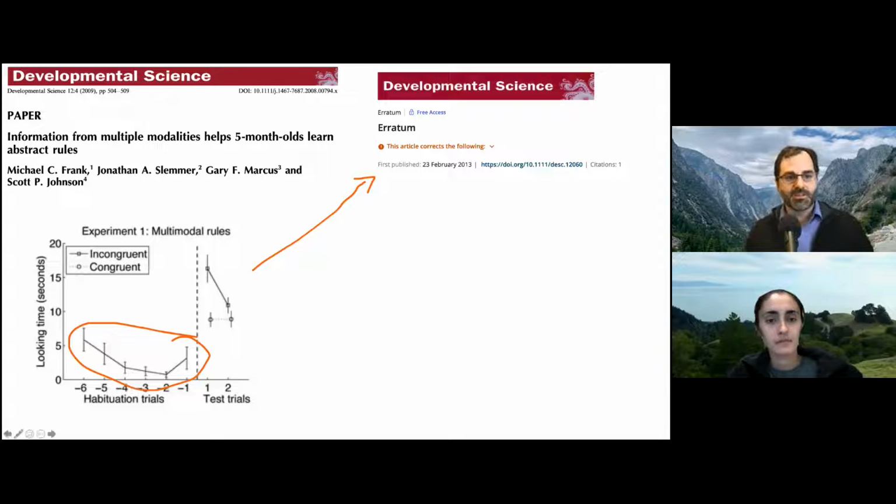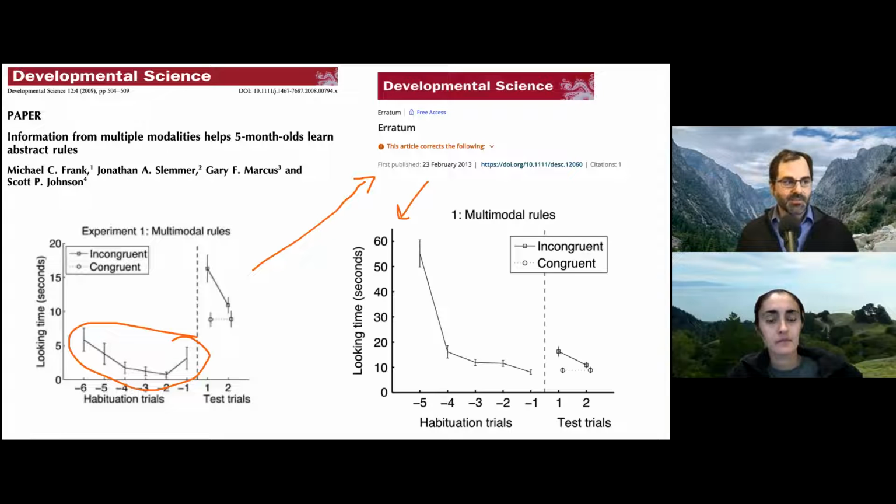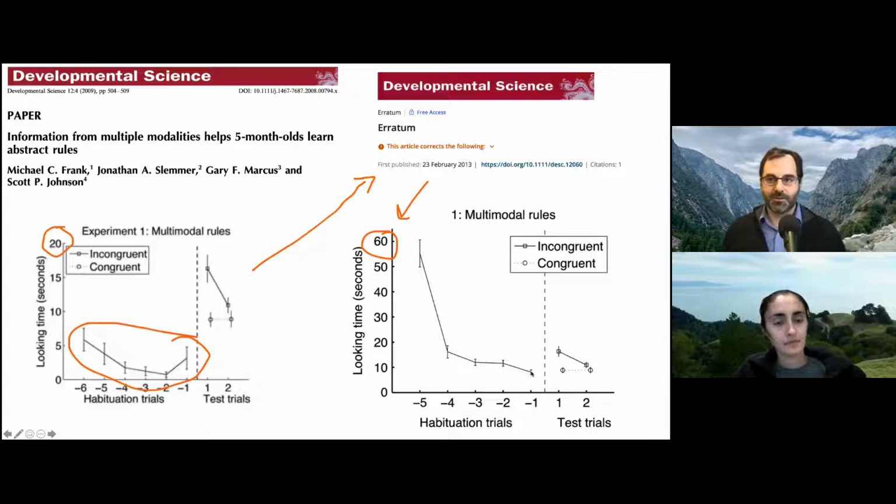Luckily, it applied only to the training trials and not to the test trials here. So the inferential conclusions that I reported were valid. Nevertheless, I had to correct the article in print. Here's the corrected figure, which you can see has habituation curves that look much more normal, going from about 60 seconds down to 15, eventually down to 5 or 10. And then dishabituation looks like it should, which is a difference from that earlier baseline established during habituation. The axes of these graphs are fundamentally different.